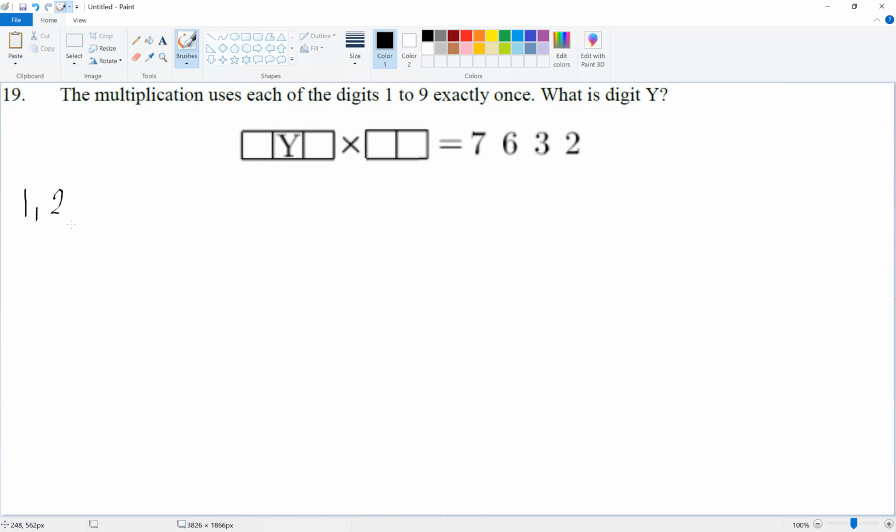And they say it uses 1 to 9 exactly once, so we have to cross out 7, 6, 3, and 2, which means we can't really use them, and then we're left with the other numbers. Okay. We can't, if we're gonna find like